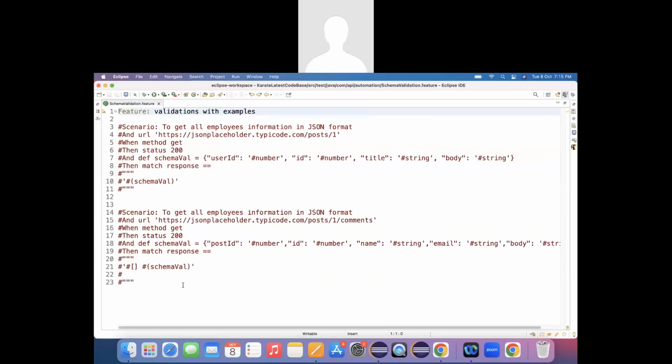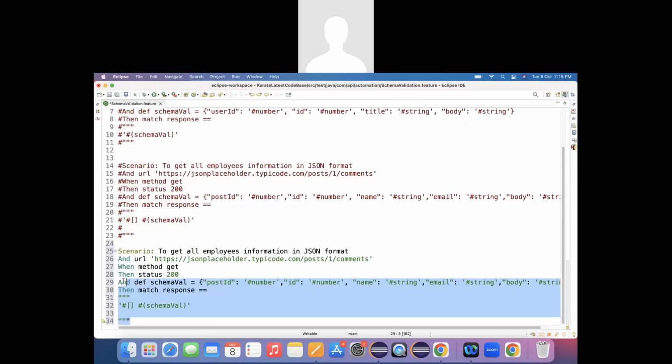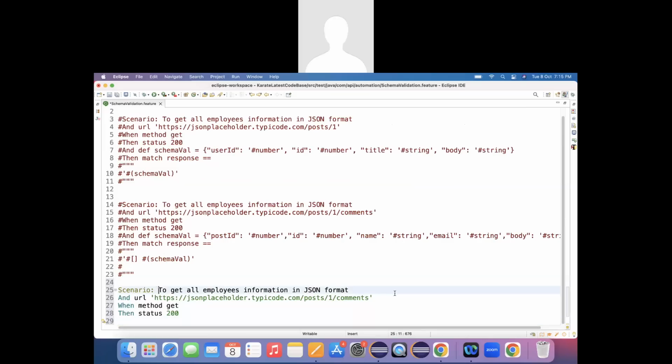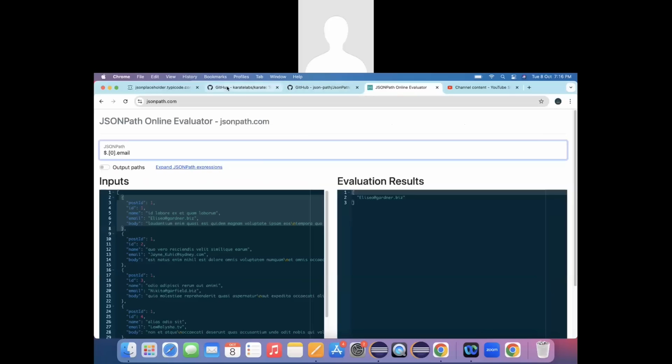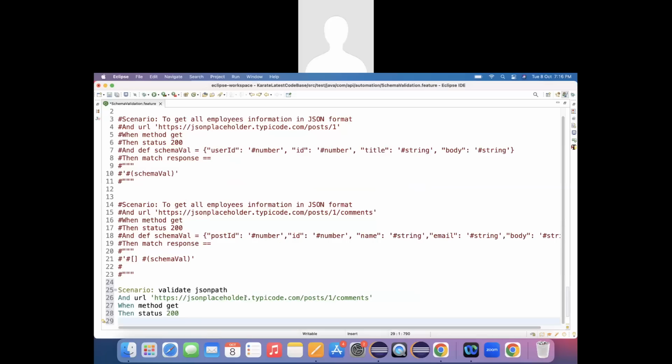The schema validation scenario you created yesterday, copy it, put it back here, and delete all these unnecessary steps. I'm just naming it as validate JSON path. This is the comments itself, that's the URL. And when it hits it, I need to do a karate.jsonPath, right? So what I'm going to do right now is print